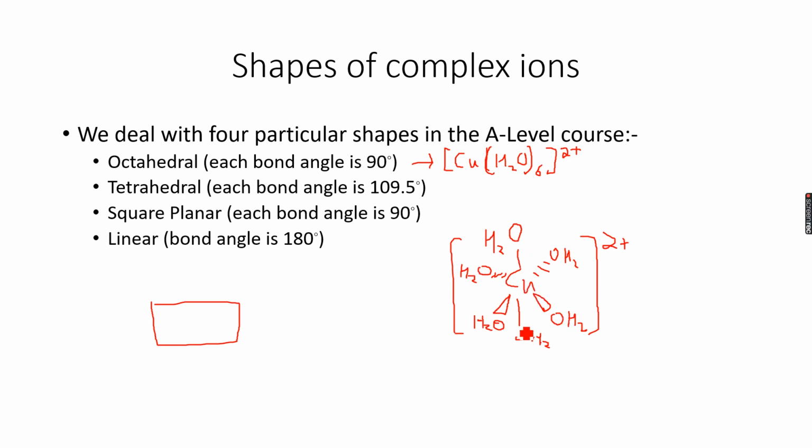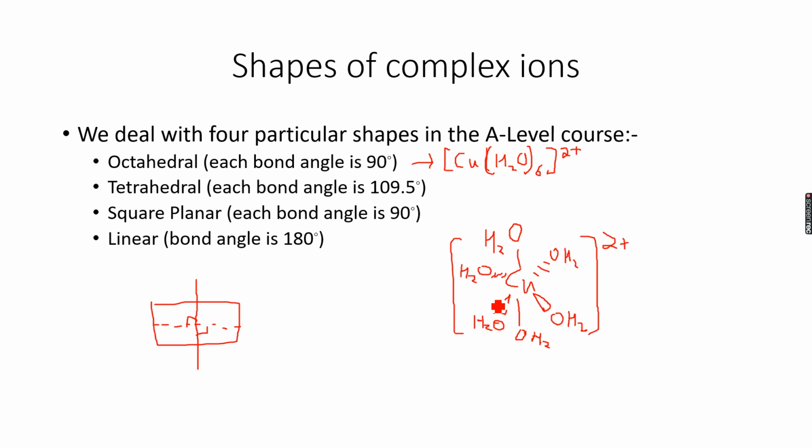And these two are perpendicular to the plane. So one comes perpendicular upwards and one comes perpendicular downwards. So if this is one plane, then if I make a line through my plane, this is perpendicular to the plane, and even this is perpendicular to the plane, 90 degrees. And so you can see that these 4 are in one plane, and these 2 bonds are sticking out of the plane, perpendicular to it.